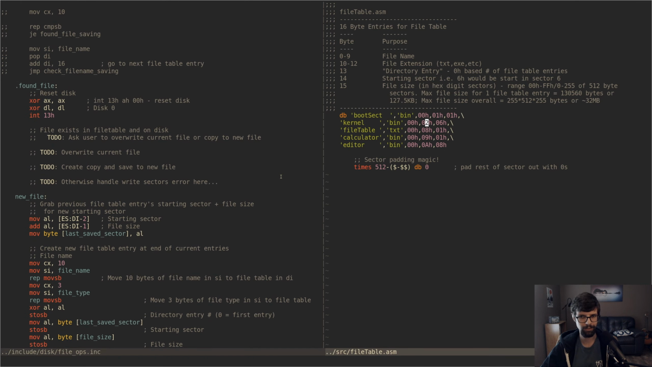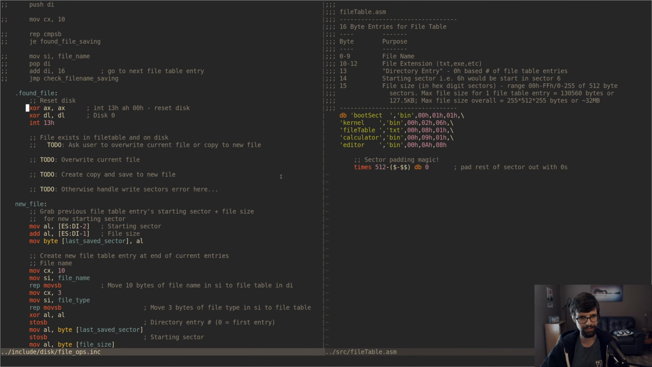So does that make sense? If the file we're saving is not found, and we're going to be saving a new file, we're going to look for if there's any free space available, which the name would be free space. And if that's found, I mean, we'll probably go down here by default. We'll grab the starting sector from the previous entry that is not free space, added to the file size for the new starting sector, or if there's no free space found and we're saving to the end of the file